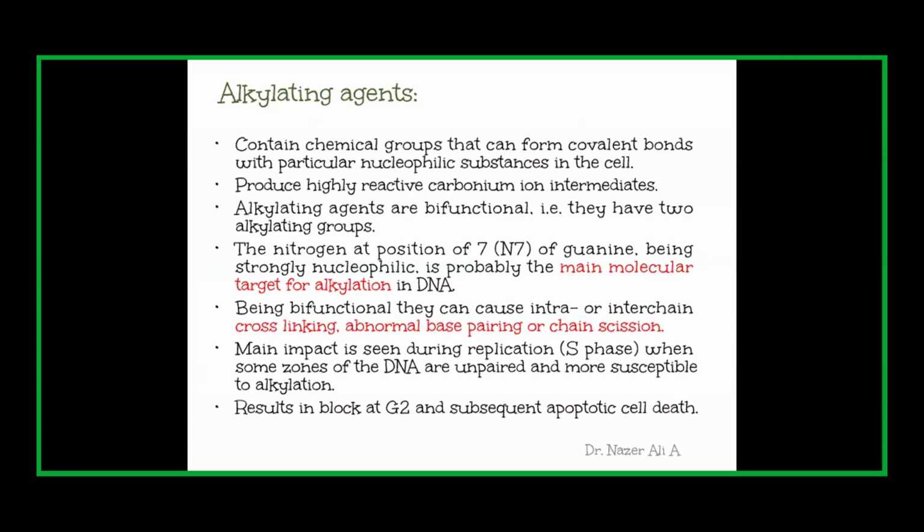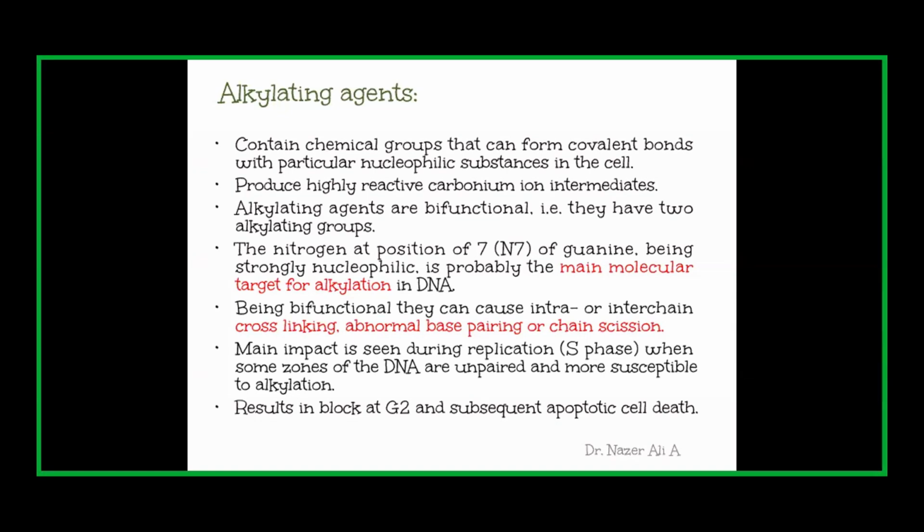Okay, so usually DNA is made up of nitrogenous bases. We have adenine, guanine, thymine, cytosine. But when you administer an alkylating agent, it will transfer an alkyl group to the cellular constituent by creating a strong covalent bond. So as a result, what will happen? Such constituents will not be available for the normal metabolic reaction, which will ultimately result in cytotoxicity.